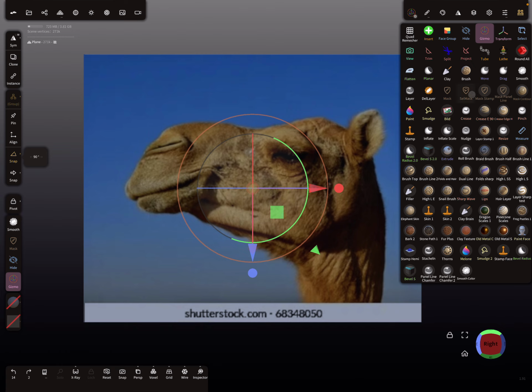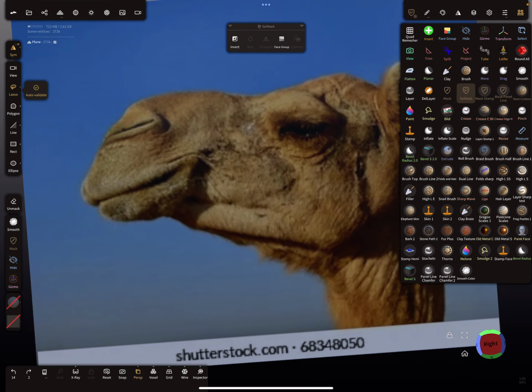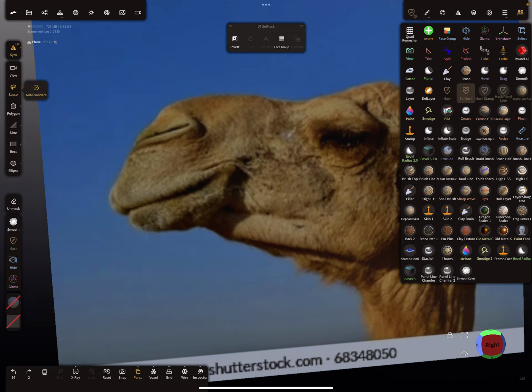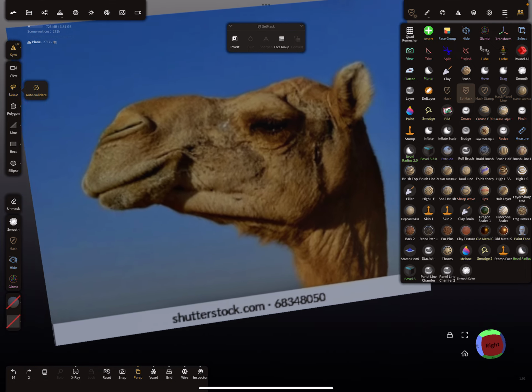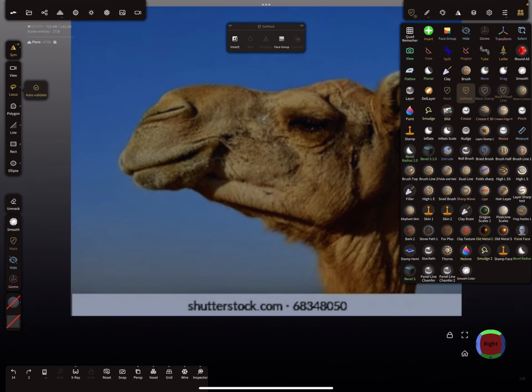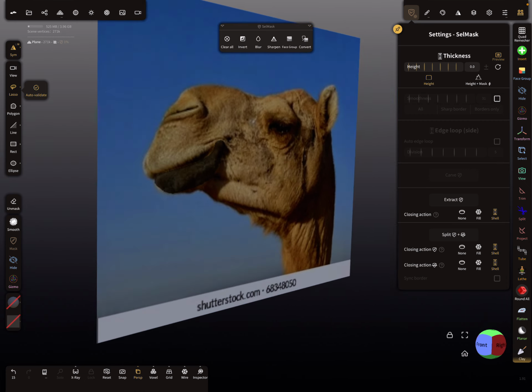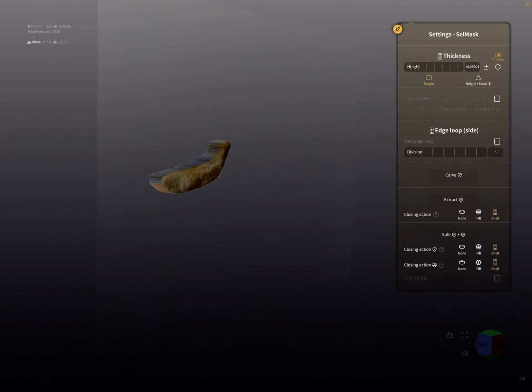Okay, so the next thing is I use here the cell mask tool. Cell mask. And so the head has different parts, so I'm starting. The first thing here is I mask here the lower lip part like this, and then I use the mask extraction. So I extract a height like this here,